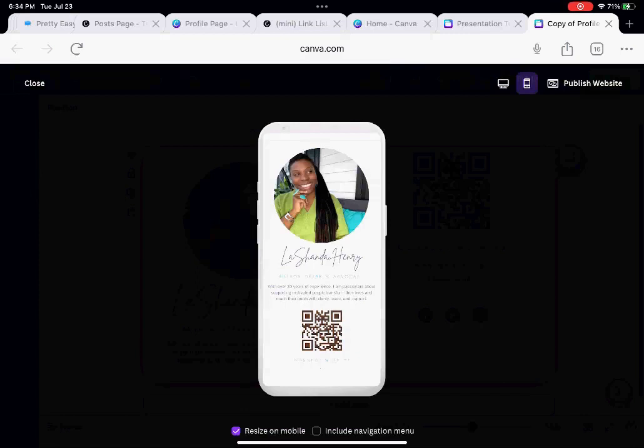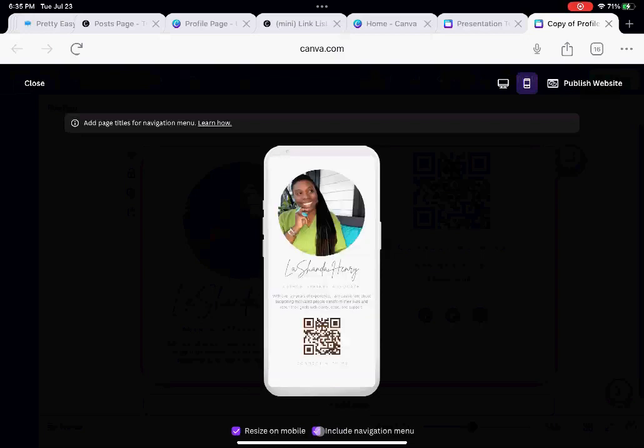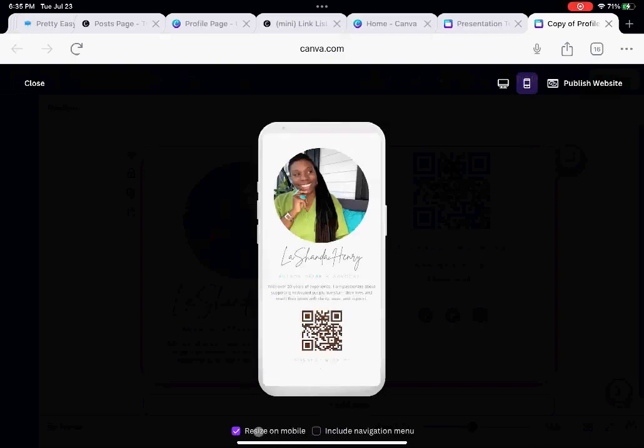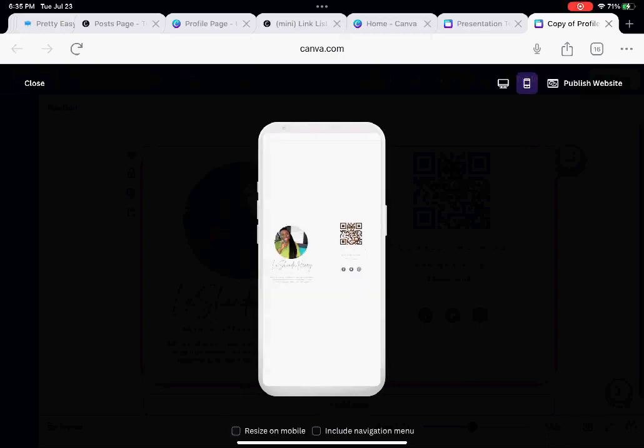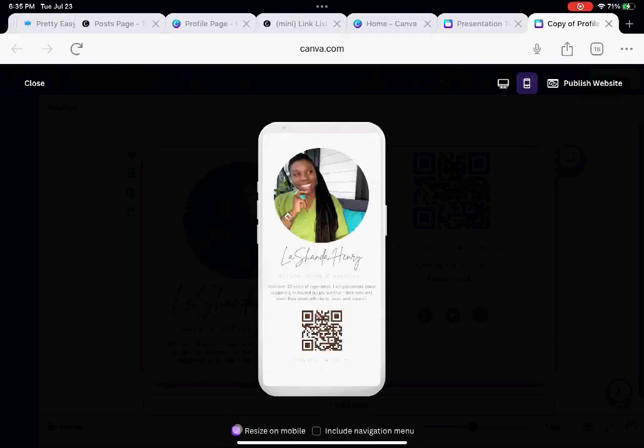Now, you can turn off resize on mobile, and you can add a navigation bar if you want to. But these are features that you have the ability to turn on and turn off. So if I turn it off, it's going to look like this on a mobile screen. That's kind of small, so I like the resize on mobile so that you can see it clean and up front, okay? Now, if I say I want to publish this, and by the way,